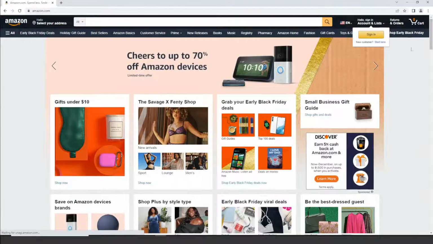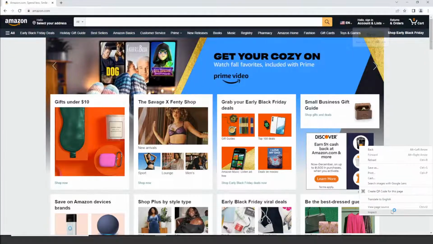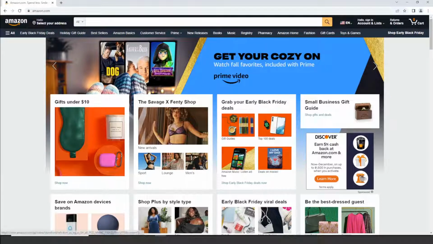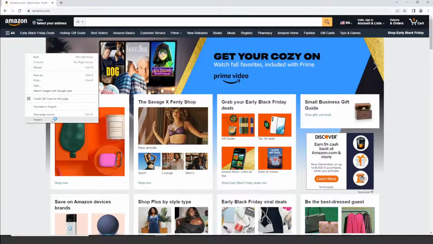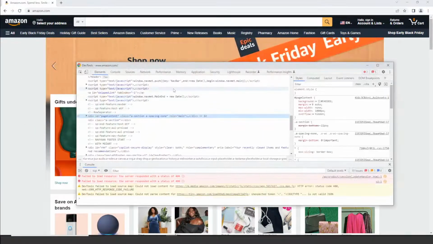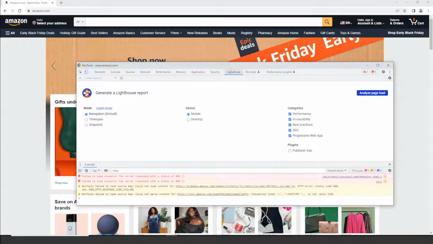where we can run our Lighthouse. So to get to Lighthouse, I'm just going to open up our DevTools. We'll just inspect, and we can see that there's a tab here called Lighthouse. And so that's the tab that I want, right? It's the tab called Lighthouse. I will click that, and we see we have